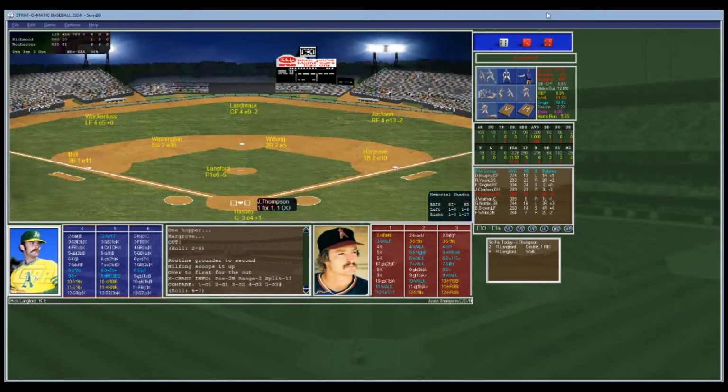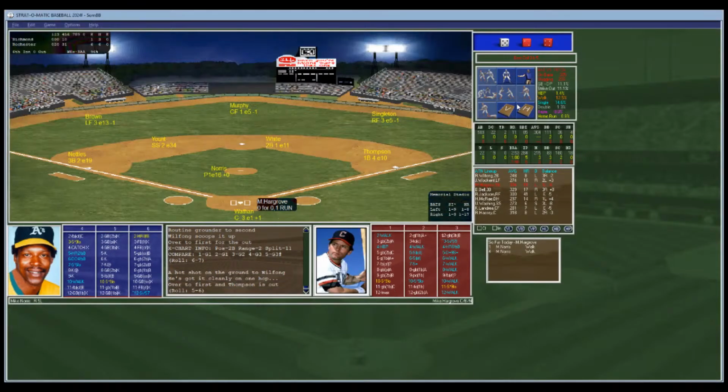Two outs. Here's Jason Thompson, has doubled and walked, has driven in a run. Langford with the pitch to Jason Thompson. Thompson, ground ball to second. Nice play by Wilfong. Throws him out. Rochester adds a run. We've played 5. It's 6-1 Rochester. We head to the 6th.